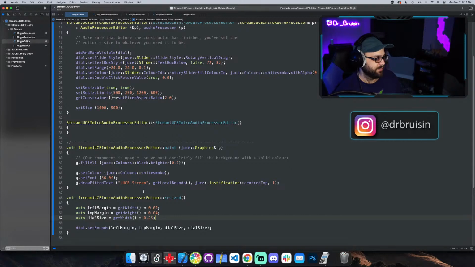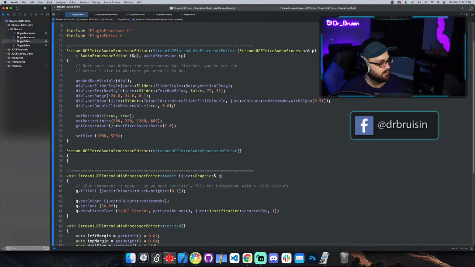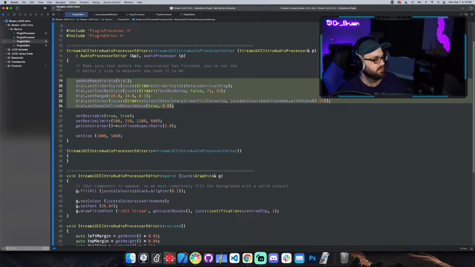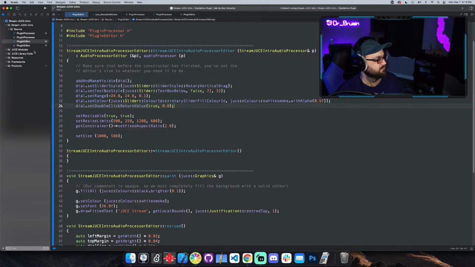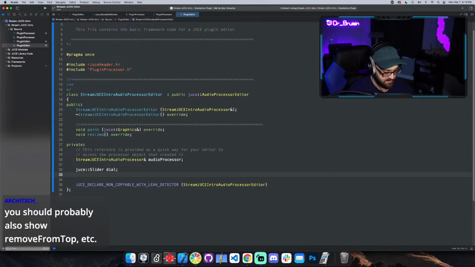So let's do a different component. Let's do a button. And also, let's take all this code and turn it into a method so that we don't have all of this ugly code blocking our way. So let's say void init dial. And what we could do is